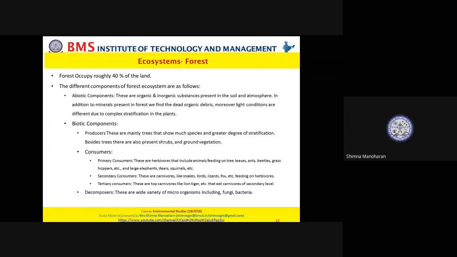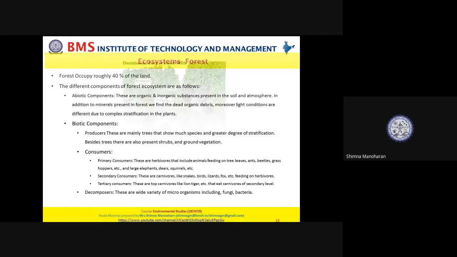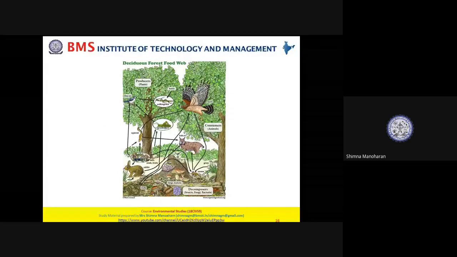Okay, so this is the structure of an ecosystem, of a forest as an ecosystem. And along with the structure, you have seen the different functions, right? So next we have a typical picture, a schematic representation to show the ecosystem of a forest. So you can see plants as producers, you have consumers, which are the different consumers, and then you have the decomposer.